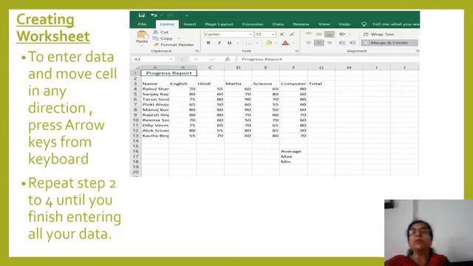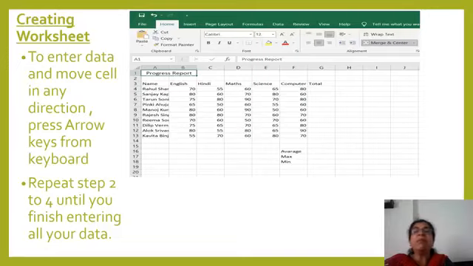See, progress report, this we have written. After that, one row we have left blank. In the third row, in the first column, that is A3, I have taken the cursor and there I have written name. Then after that, press enter or press right arrow key to move to the right side. Then type English, this column. Then Hindi, maths, science, computer and total. After that, on the next line in the fourth row, Rahul Sharma, and I have entered all the 5 subject marks. Total I kept blank.